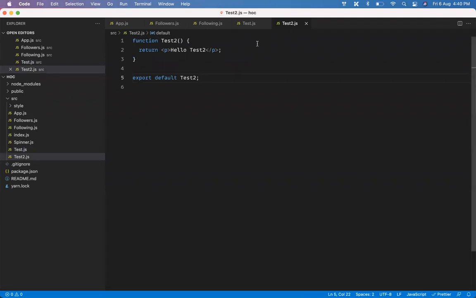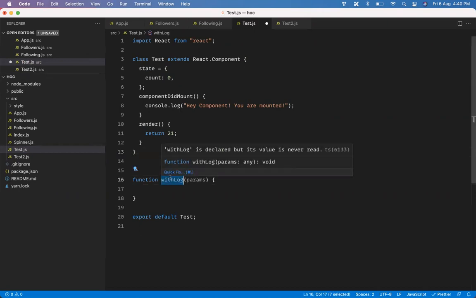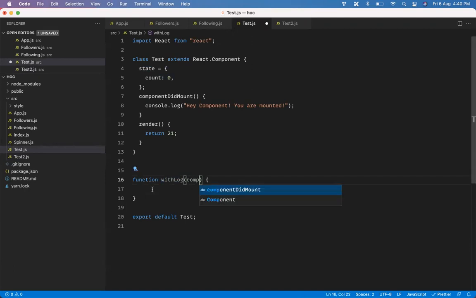Okay, so let's try making this a component that can be used multiple times. How I'm going to do that is this. So everybody understood what is a higher order component? A higher order component is a function that accepts a component as a parameter. So I'm going to make a function and call it withLog. Why withLog is because this component is always going to come with log. And here I'm going to accept a component, so I'm going to call it comp.